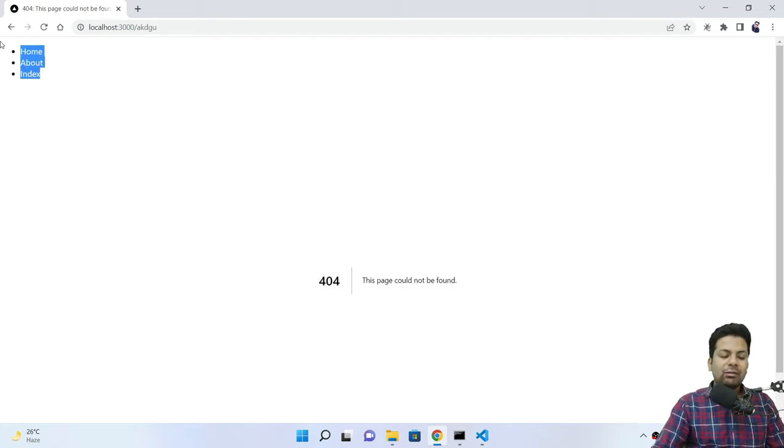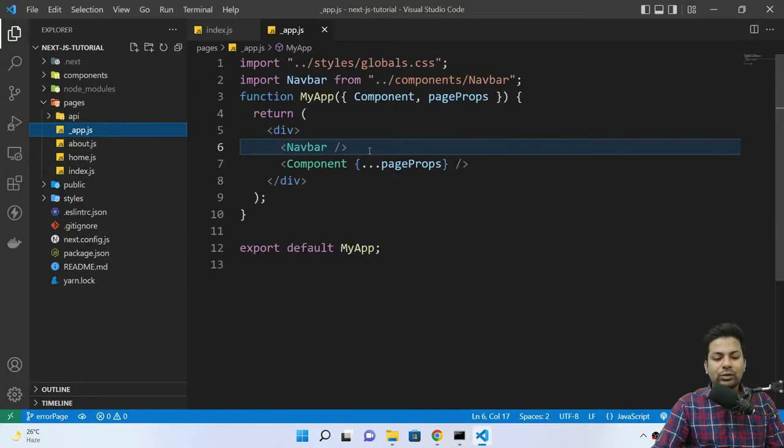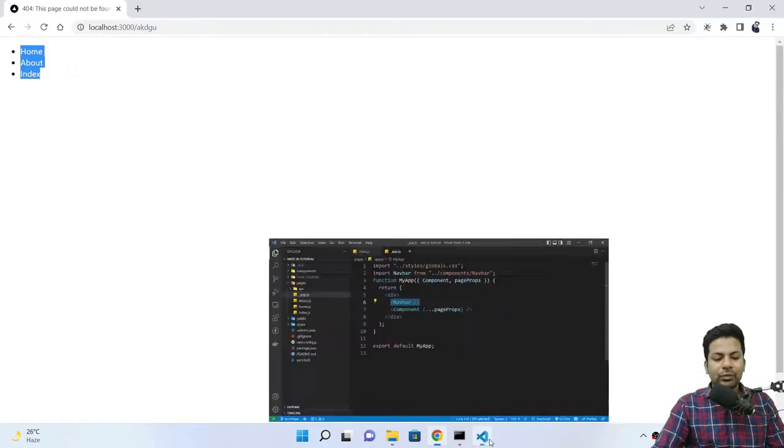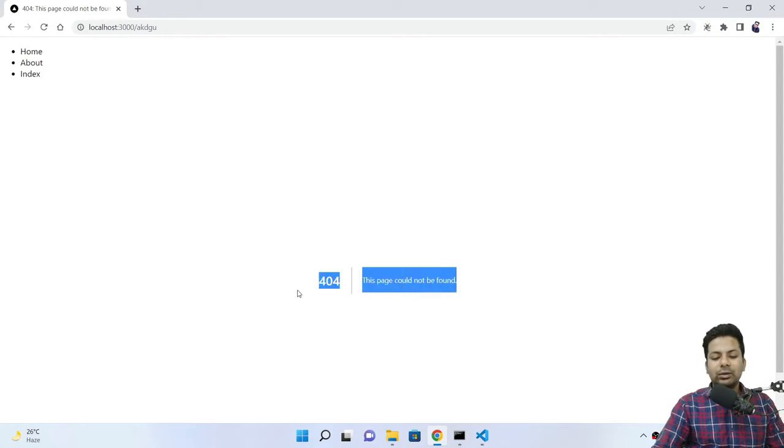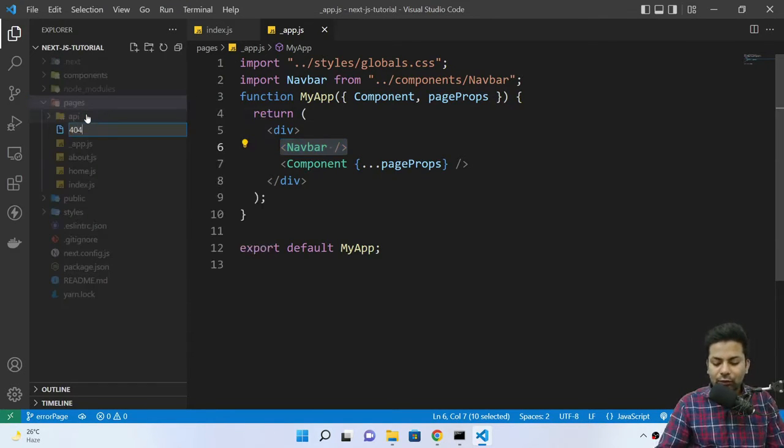Okay, we have a navbar at the top because I have already told you that in _app.js I have globally made the navbar available. But I want to build a custom one, because I don't want to show this here. Here you can see there is no way I can make that. So what we do, we just make a new file, 404